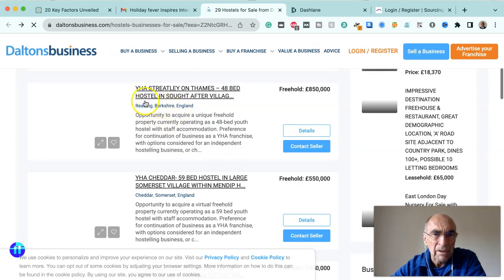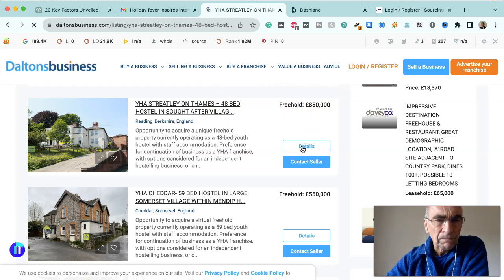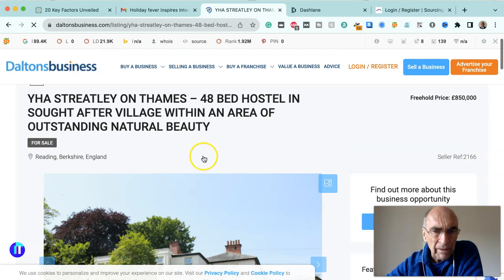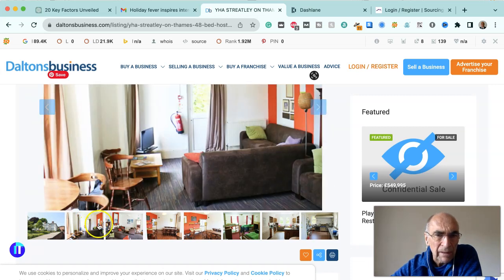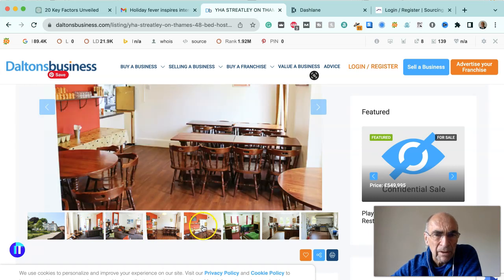This is in Streatley-on-Thames, 48-bed hostel in a sought-after village near Reading in Berkshire. You can buy this for £850,000. 48-bed hostel, sought-after village within an area of outstanding natural beauty. So it's a lovely looking building, a nice sunny perspective, lounge area inside, another view of the lounge, dining area